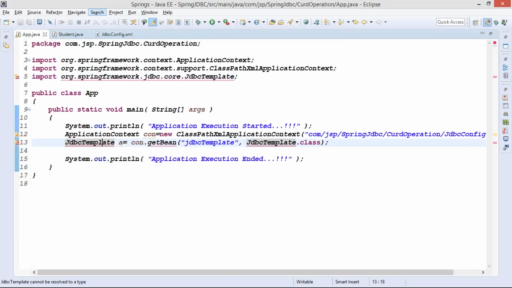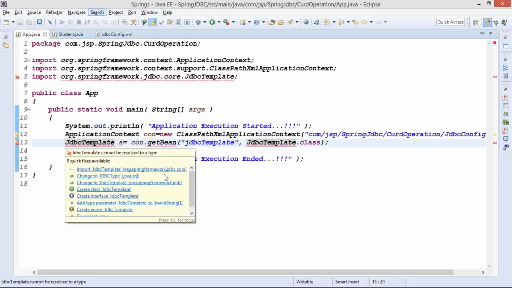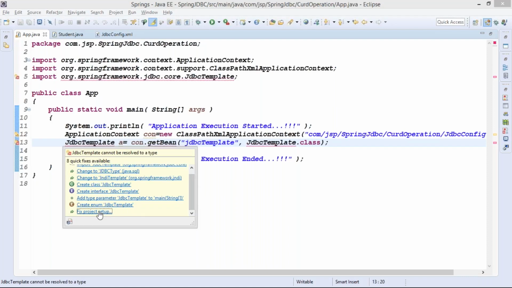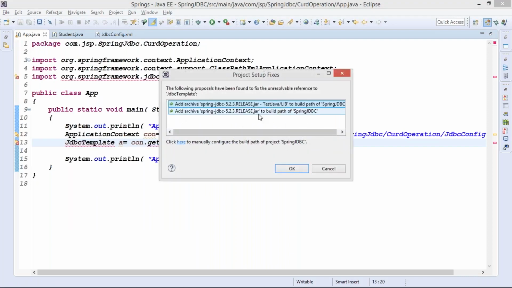So it's not happening. Just a second. There's some problem with Eclipse, guys. In my case, fix project setup. So I need to get it from, yeah, let's say I want to get it from this particular